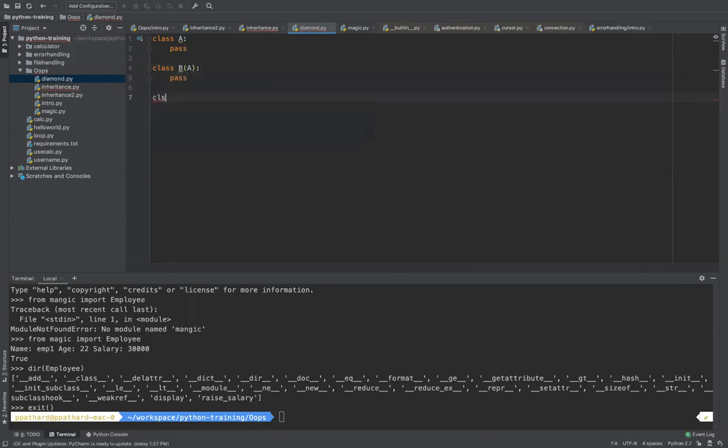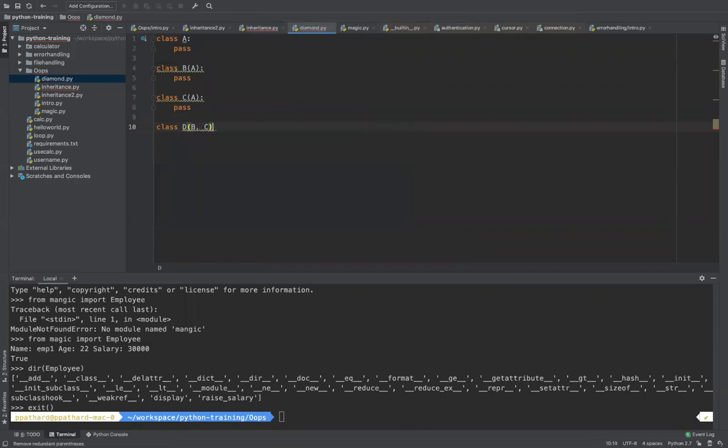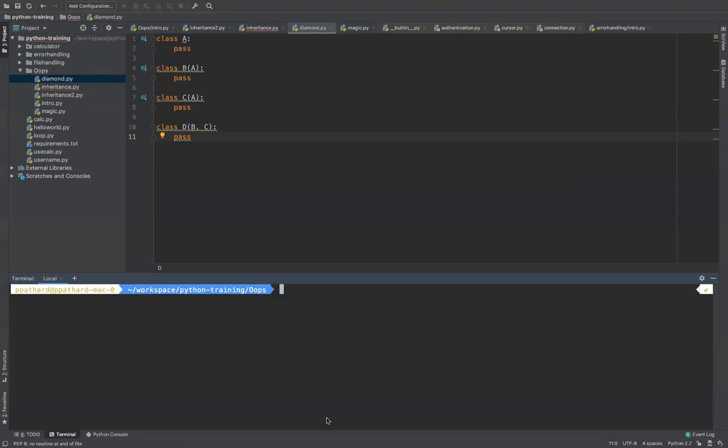I have a C class that is also inheriting from A, and I will create a class D which is inheriting from both B, C. This is how we define the diamond problem. Now let me open up a shell and do from diamond import D. I'm importing class D now.